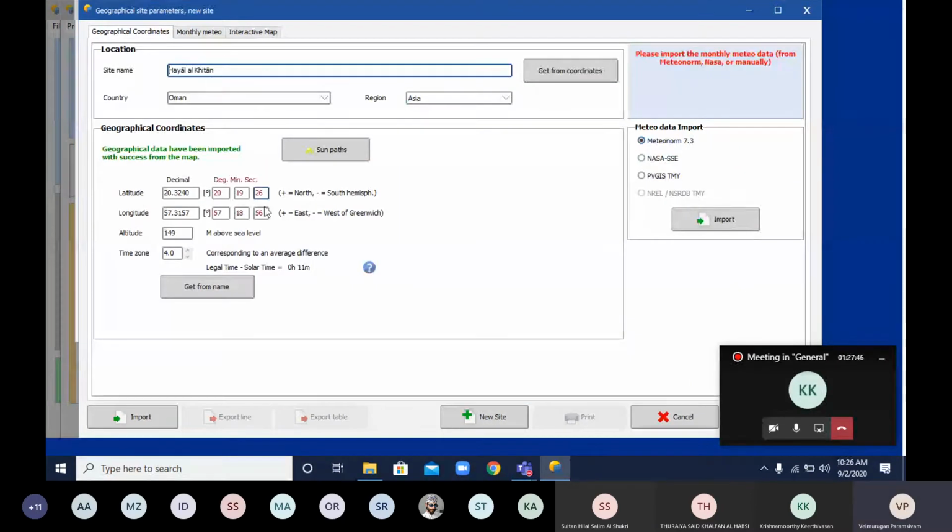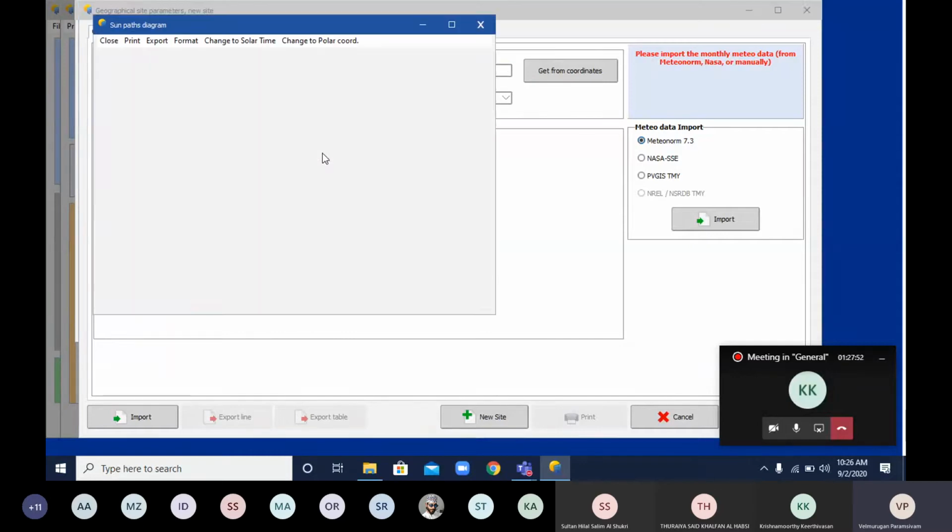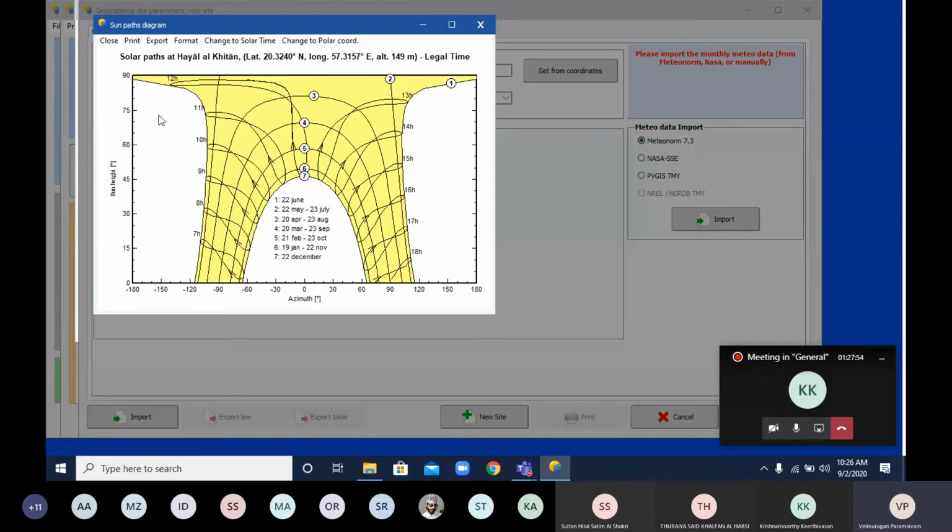Okay, if you select this place, after that we want to know about the sun path. This particular place, what is the sun path there. Okay, so this is a sun path. This is the sun path for July. For June,